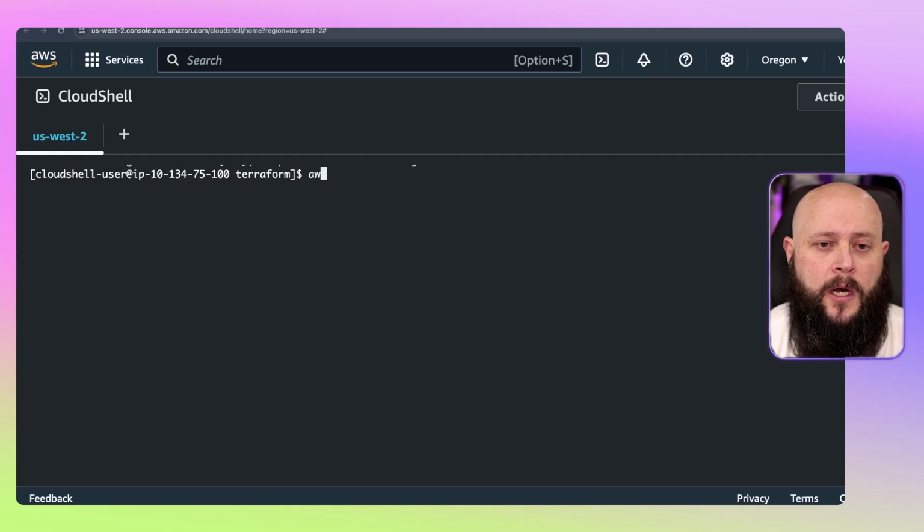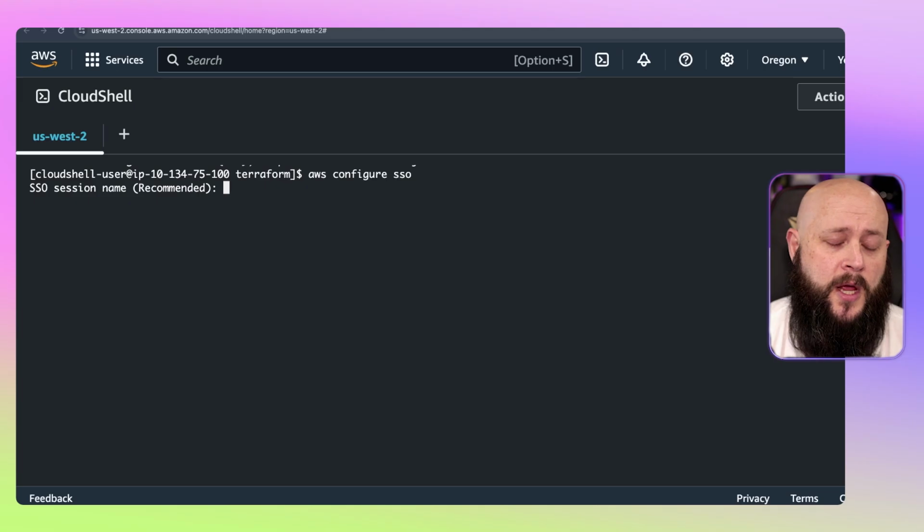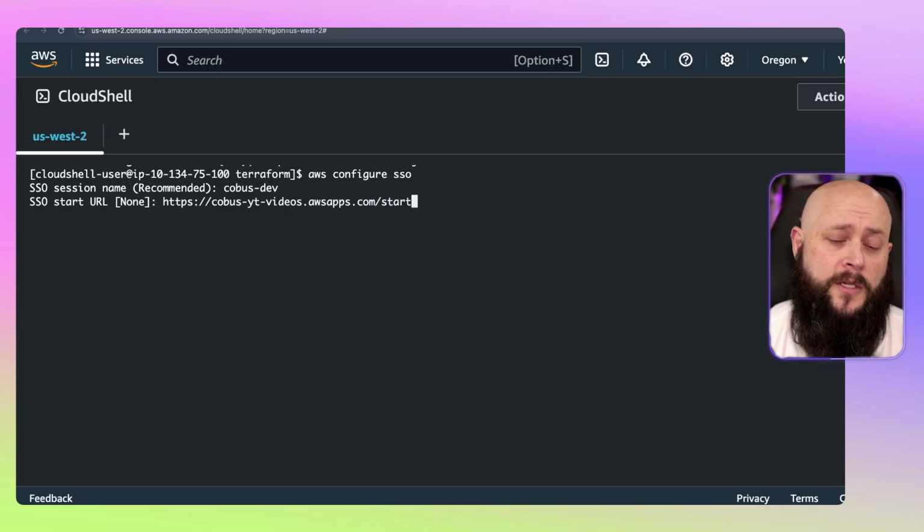So now I can go aws configure sso, and it'll ask me for a session name. Let's say Quibus dev, and then it's going to ask me for a start URL. So you paste that in, and then after you press enter, it'll ask you for the region and one or two more things, and then basically you're almost good to go. The final step is to go to that URL that we just pasted in, and then try and log in with your email, requesting to reset your password. Because the way this works is that we don't mail around a password for you to access the account. It's linked to your email address as specified inside the Identity Center file that we set up.